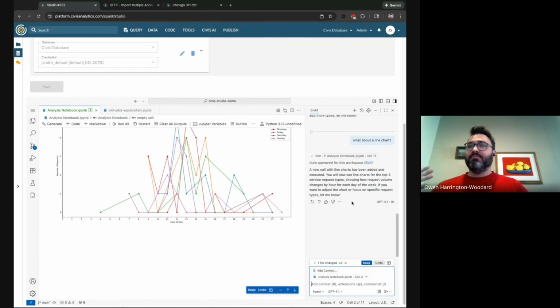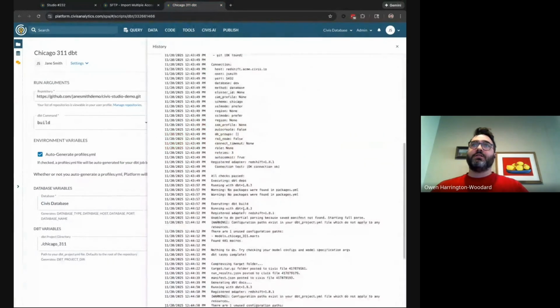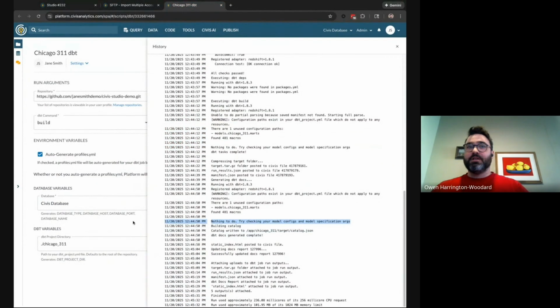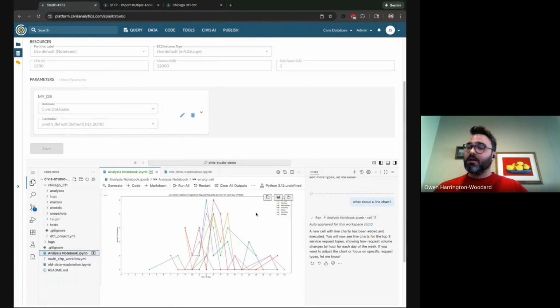So this is great, but moving on to something that we can put into production, we want to do some transformations of the data. We want to take the raw data and turn it into a reporting framework. So I have, as I mentioned, my empty DBT project here. And you can see I've actually run the empty project and there's nothing to do. So this is on main right now with basically a blank DBT project,